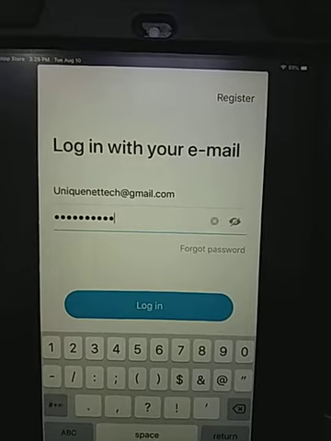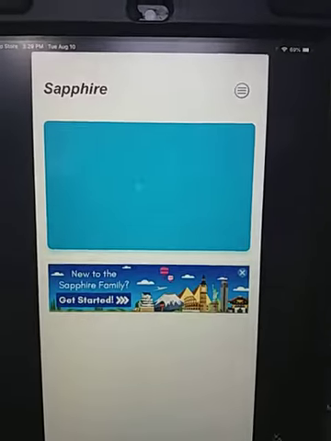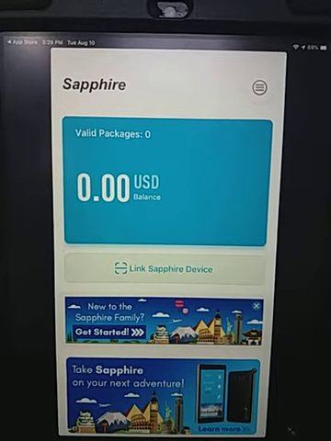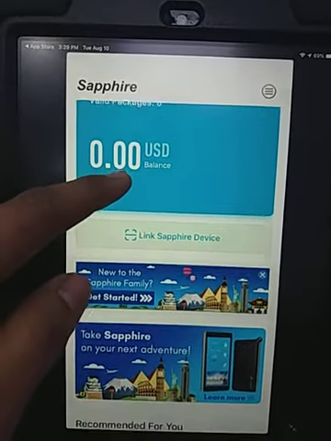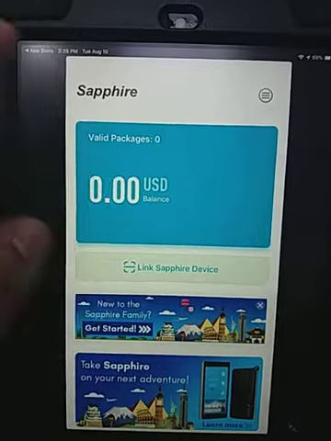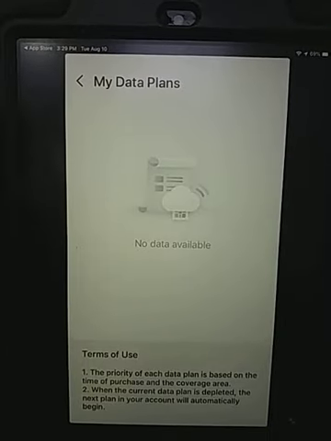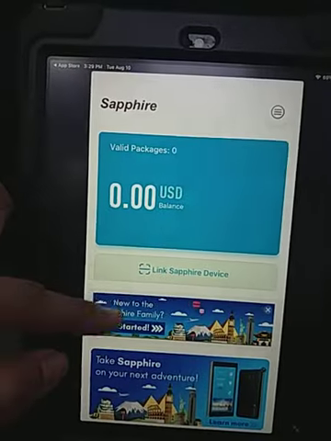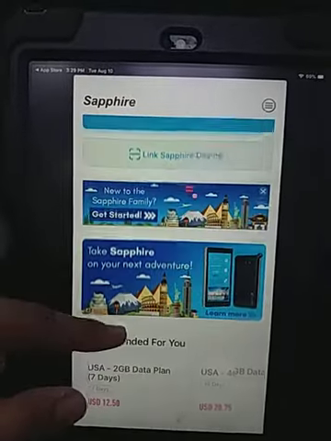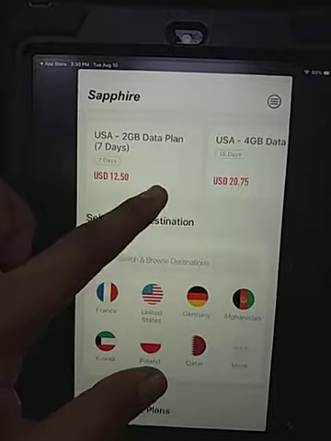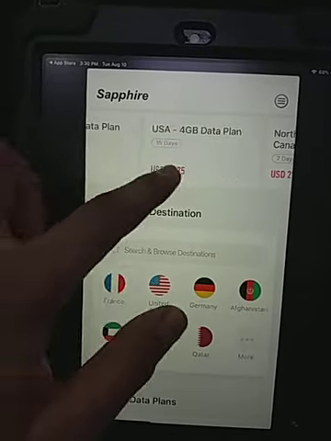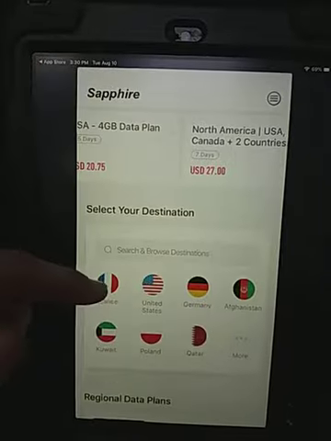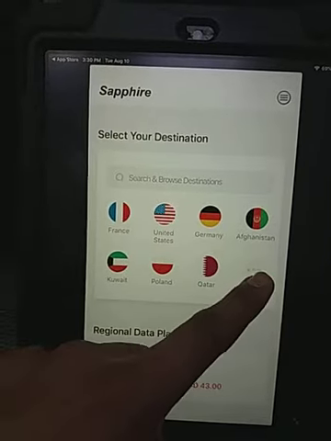After you enter your email and password, you can go to the next, and this is what the app interface looks like. Here, if you have a data plan or packages, you can click and it will show you. Right now I don't have any plan, so I go back. If you need to buy a plan, these are the plans. This is for USA. If you want, you can go to more.